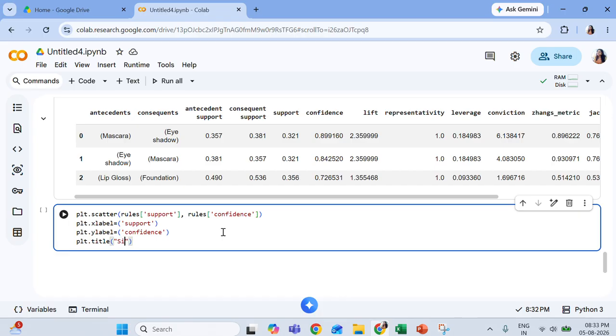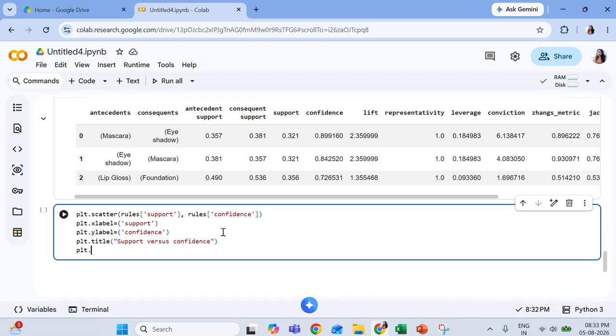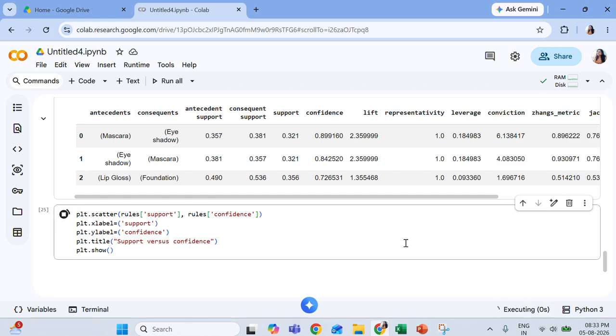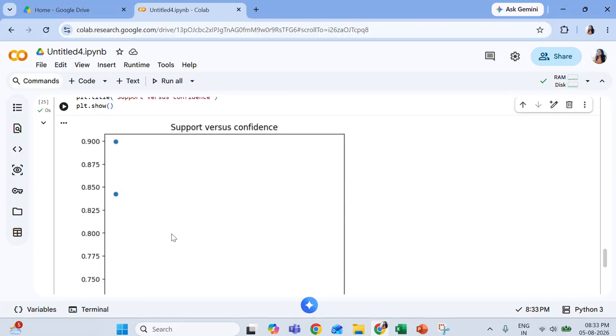So I can plot the graph of support versus confidence, and I have to write plt.show. I am basically creating a scatter plot. You can see the three items.